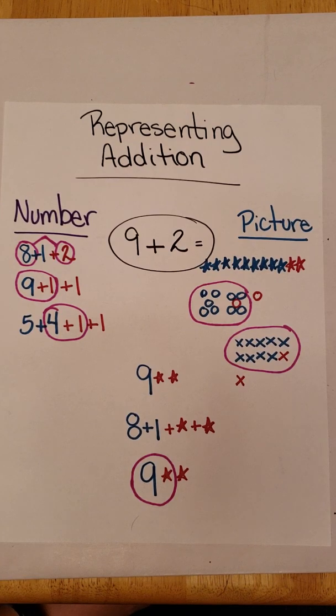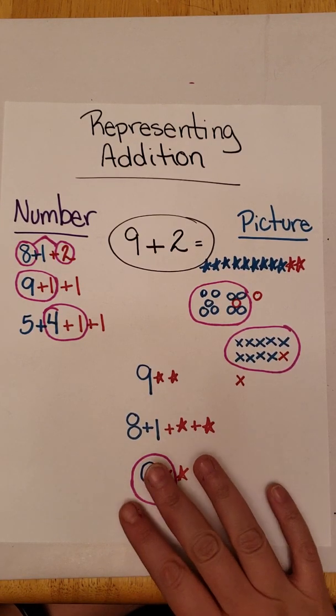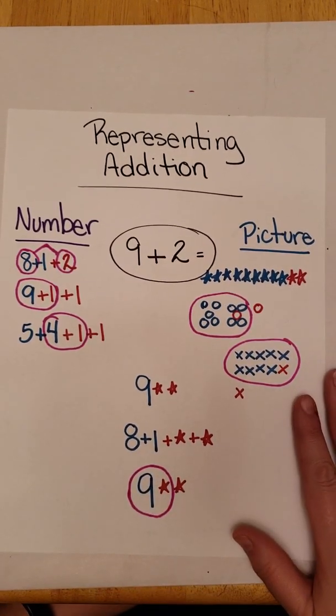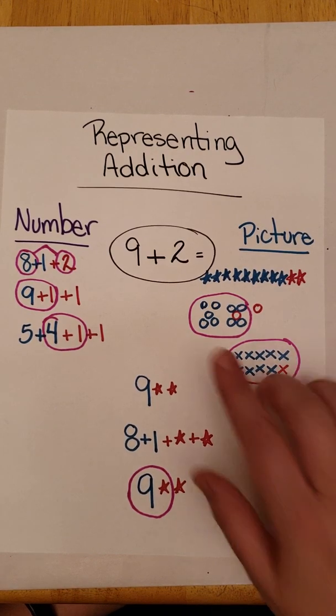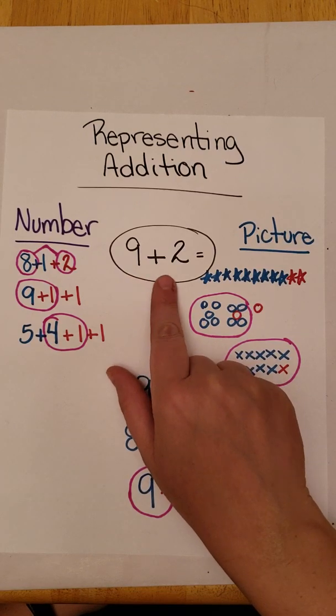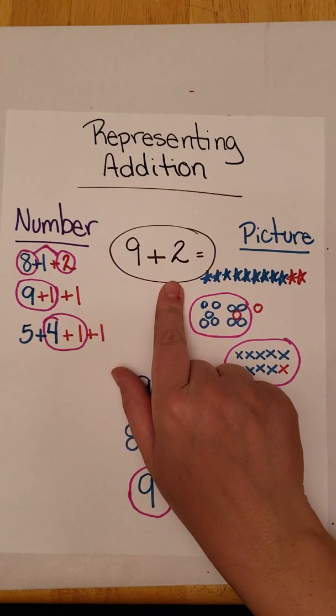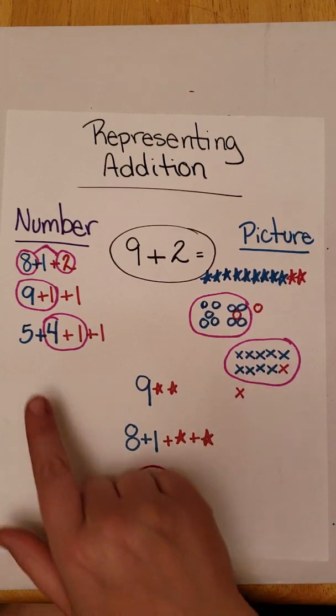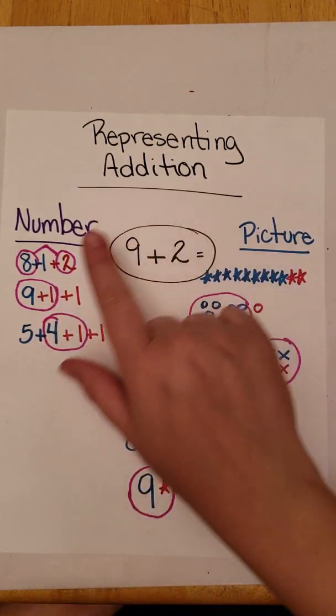I bet you can think of and write many different models or representations for a 1-digit plus a 1-digit addition problem. Why don't you write yourself some addition problems and see how creative you can get in thinking of different